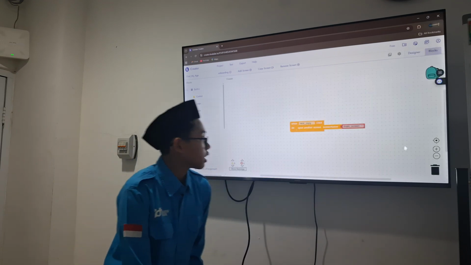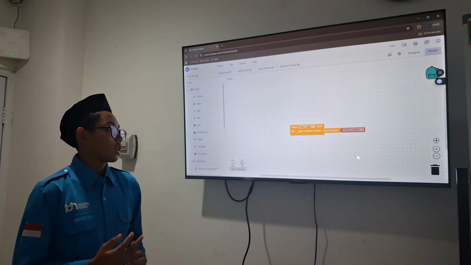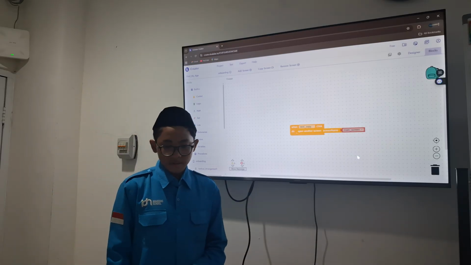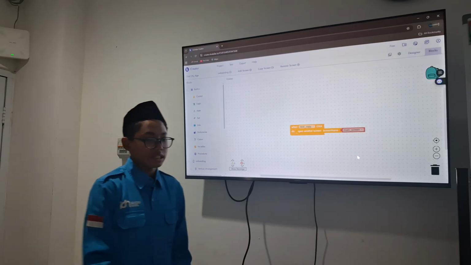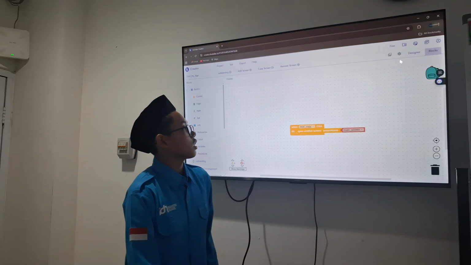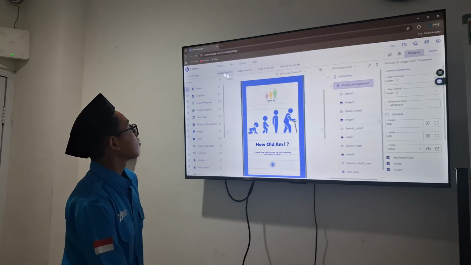For the blocks, it's just one: when the button is clicked, it will open another screen named main screen. So now we can go to the main screen.